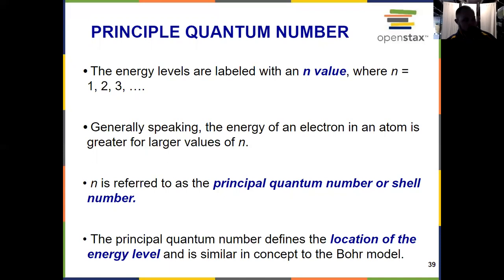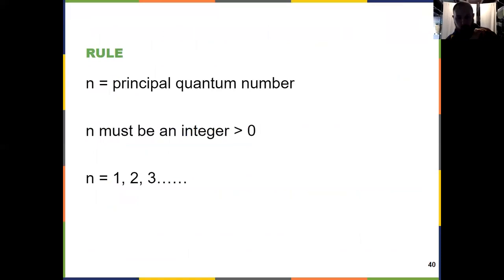It talks about the location of our energy levels, kind of like what we were talking about in the Bohr model before. So what's our rule for referring to N? And there will be 4 of these slides in this video, and you will definitely, without a doubt, want to know these slides where they're labeled rule. And this is our rule for N, the principal quantum number. It must have an integer value, must be positive. And so it has to be greater than 0. It can be 1, 2, 3, 4, 5, 6, 7, which is typically the highest principal quantum number we see. In theory, it could be higher as well, 8, 9, 10, but we typically see those values, 1, 2, 3,